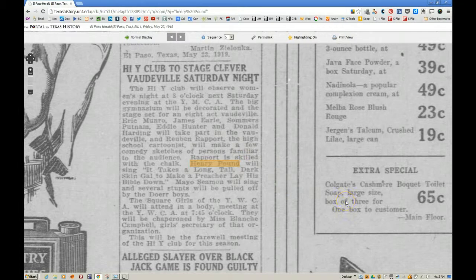I happen to know he was a singer, so it is likely that this is my Henry Pound. Up here at the top, you can scroll through different pages of the newspaper, and you can print that particular view if you choose. You can also take off the highlighting, which I'm going to want to do right now by just clicking on that. I can click it back on or off,